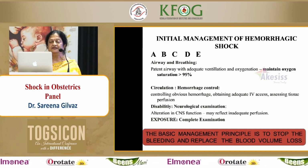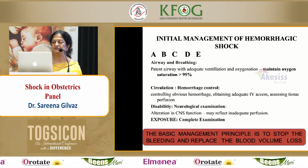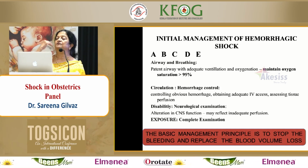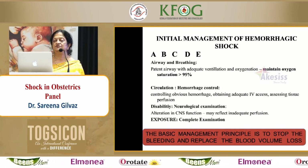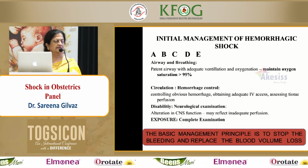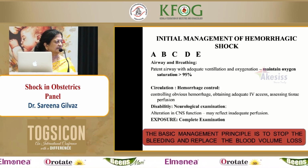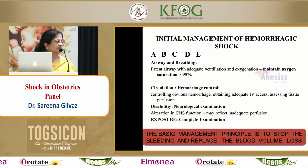So you heard him say immediately intubate the patient. You've got to think of all this. Airway means patency of the airway. Ventilation is giving oxygen. Again, a word of caution: when the patient is extremely acidotic, in this case 7.1 pH, we call it a physiologically